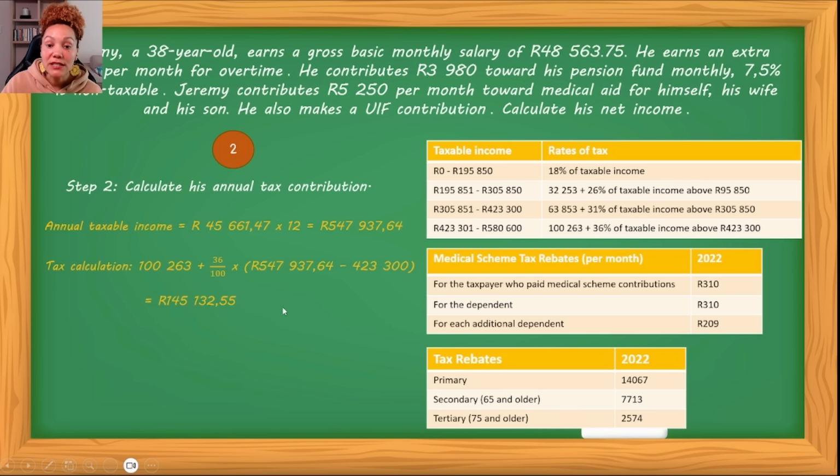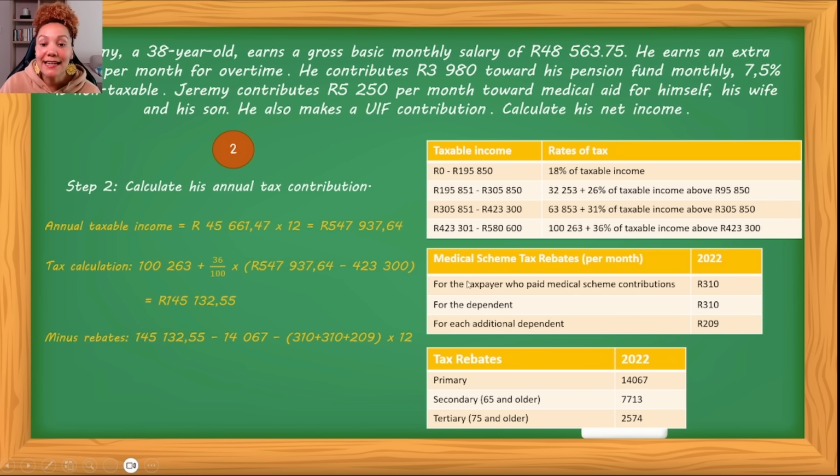But now remember, we still have to take off the rebate as well as the medical credits. So if I look at the tables here, he is 38 years old, so he is only eligible for the primary rebate. If he was 65 or older, you would have qualified for both rebates. If he was older than 75, he would qualify for all three. But he's only 38, so he falls under primary. So we are going to deduct the